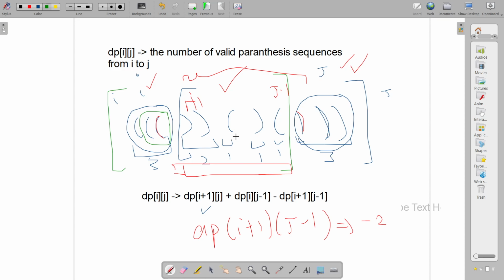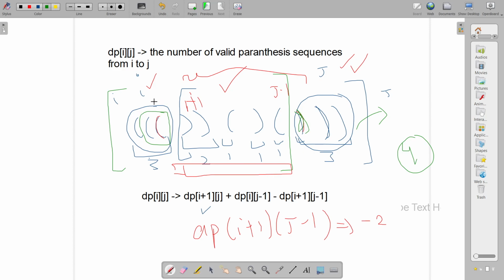Now if there are 4 opening brackets, how many closing brackets need to be there? There need to be 4 closing brackets as well. How many closing brackets are already existing? 1, 2, 3. So 3 closing brackets are already there. So this guy has to provide only one closing bracket.